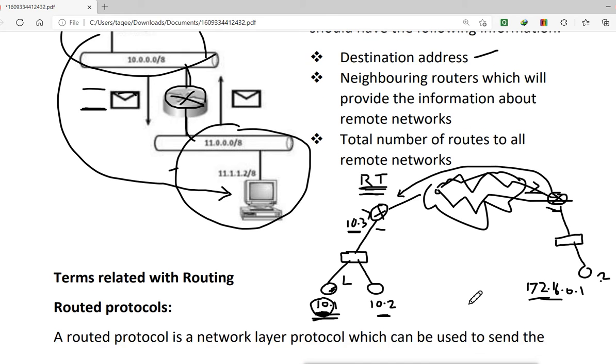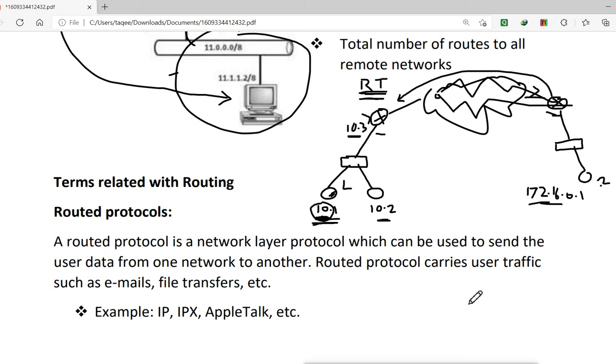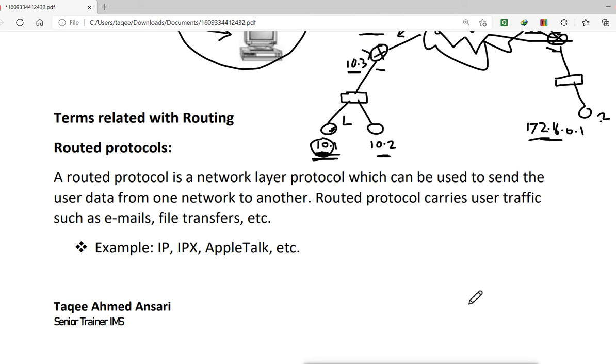So routing, basically, is creating the routing table in a router, where the information about all the available networks will be there, so that it can forward the packet everywhere. For communication within the network, we don't need any router. We can communicate directly within the network. But when we try to go outside our network, then we need a router to forward the packet, and for the router to forward the packet, it needs to have a routing table.